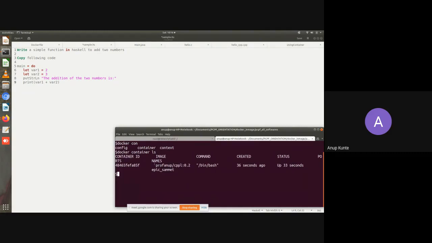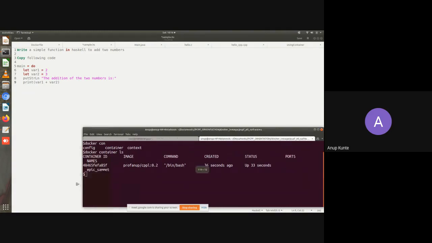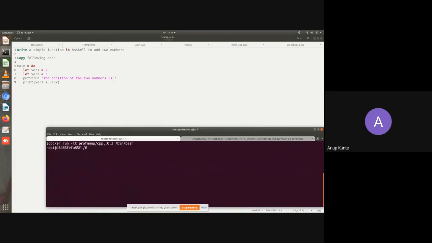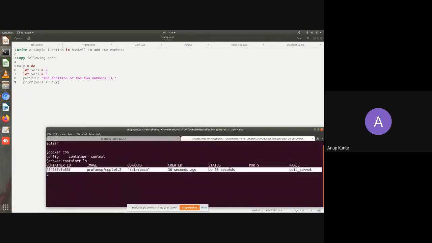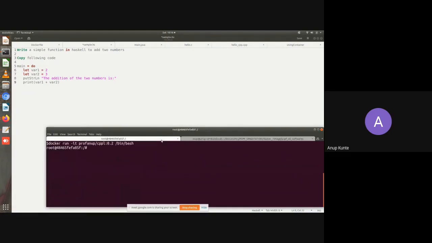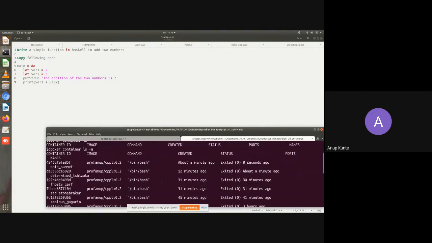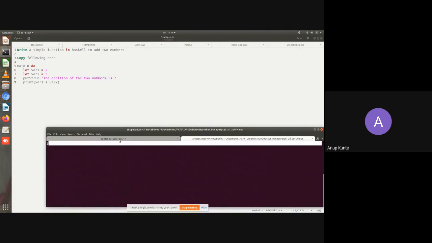So now the container id, this is not shown properly because the width is less. So if I make the width correct, the container id is this. If I actually copy this, you'll see that this same id appears over here. It shows that the container is currently running. This is the time since which the container is running. As I switch off the container, it stops executing, and you also stop seeing it over here. But if I want to know all the containers that I have previously run, this is how you get the list. It is a long list of containers that I have executed.